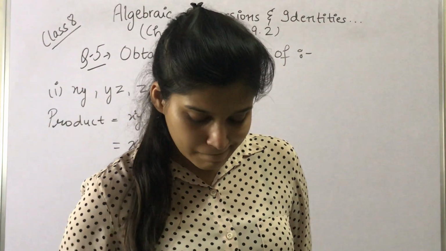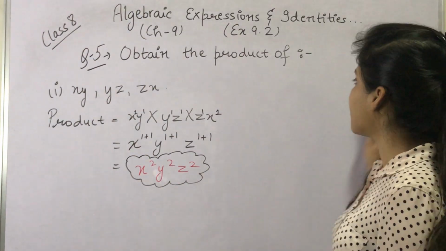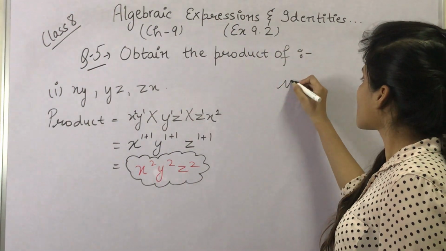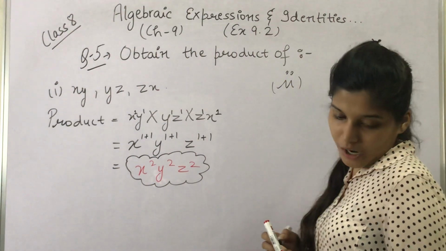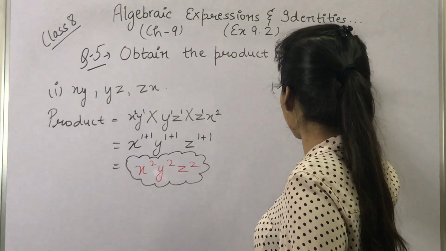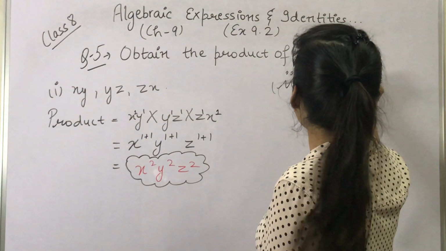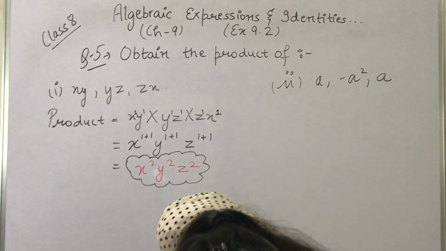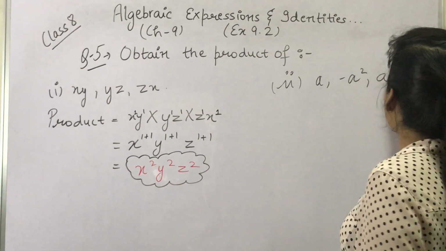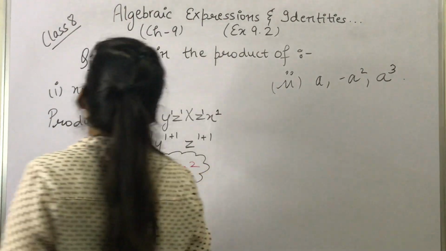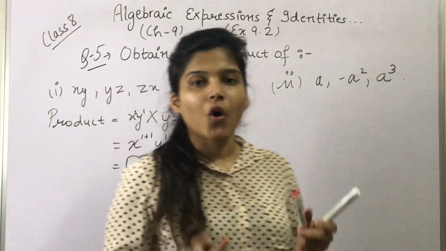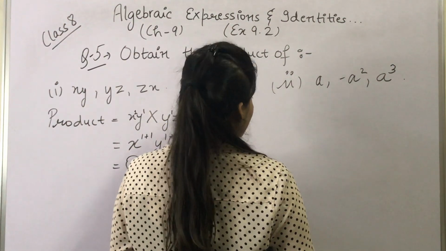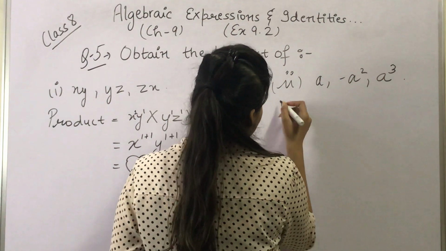Okay. So this was our part number 1. Now let's come to the second part. Now the second part is a, minus a square and a to the power 3, right? Yes, minus a square and a to the power 3. So this is the second part. Now we have to multiply all these three monomial expressions. So the product will be